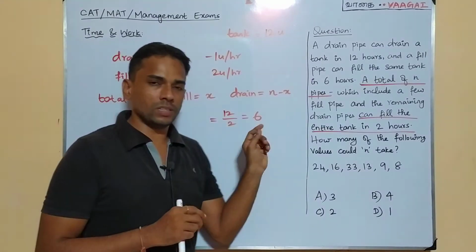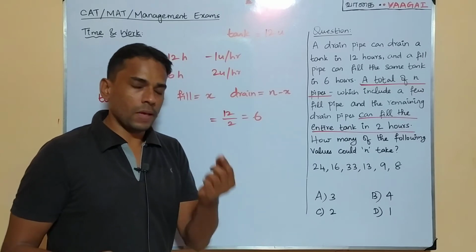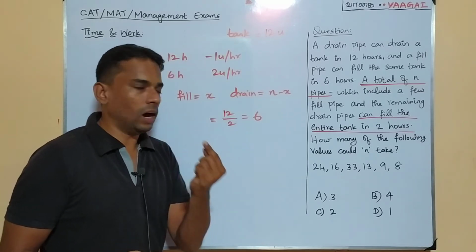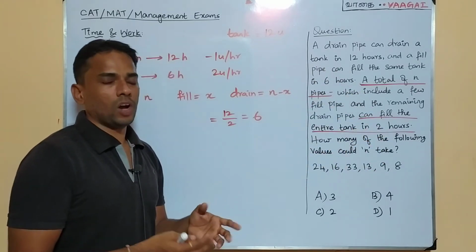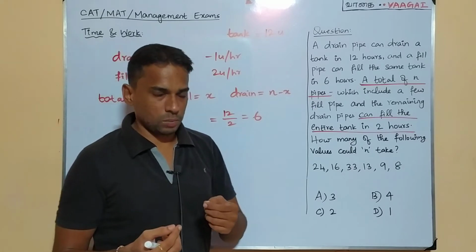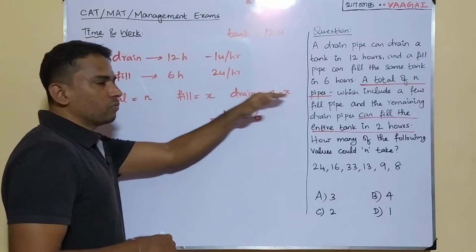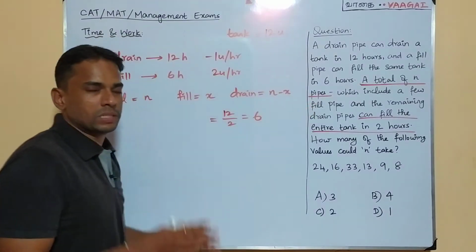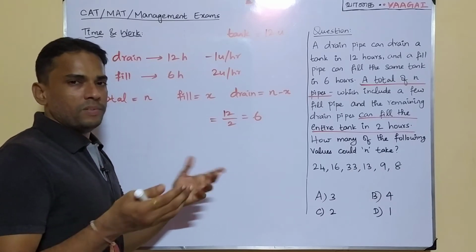See, the 6 represents the efficiency, I mean the combined efficiency, is it or not? That is, in 1 hour, all these n pipes can together fill the tank. How much? They can fill like 6 units in 1 hour. This is what this is coming to say. In that case, let's try to calculate the number of units filled by these n pipes in that same 1 hour. Shall we try doing that? Yes, it's going to be very easy, right?